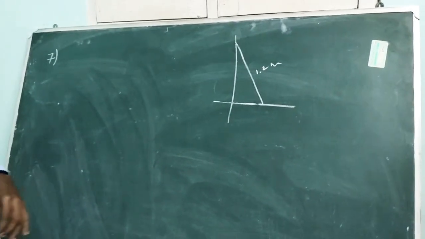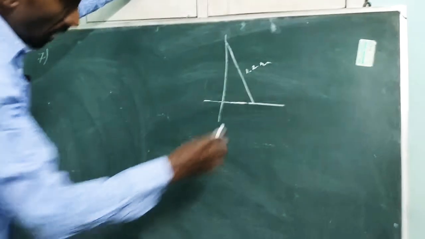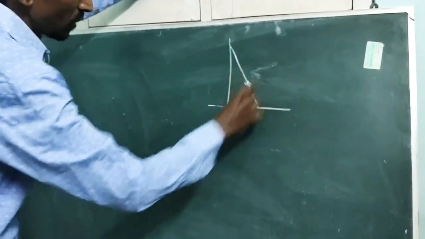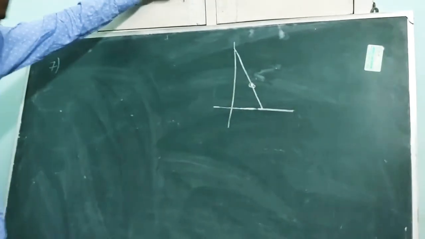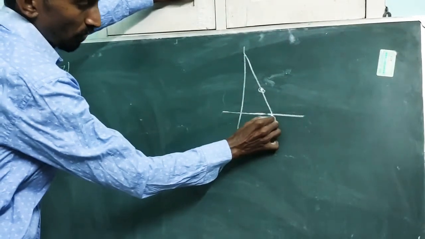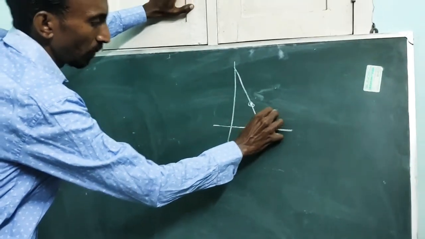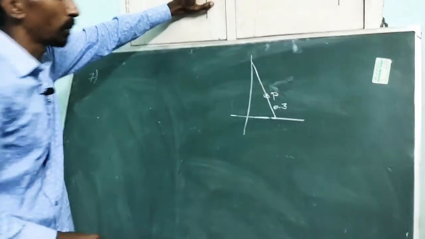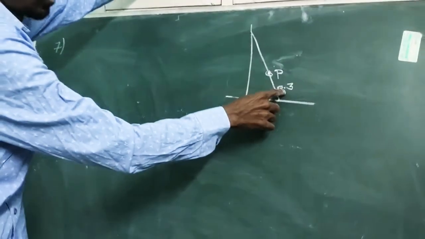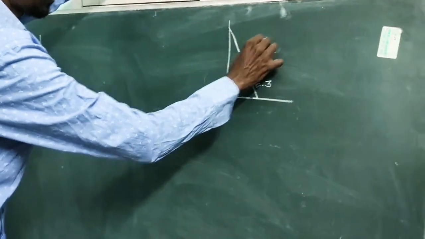The locus of a point P on the rod. So there is a point P on the rod which is 0.3 meter from the end in contact with the floor. So from the floor 0.3 meter there is a point P. Totally 1.2, so if we subtract 0.3 it is 0.9.